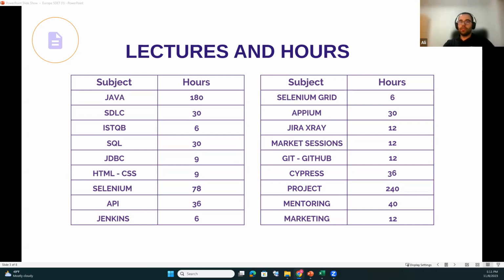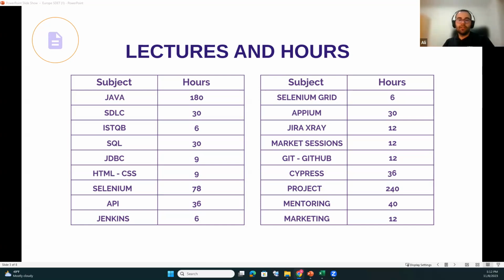And then to give more information about the project, as I said, you're going to have mentoring sessions. You're going to have your personal mentor for your group. The mentor is going to be with you almost always. You're going to have meetings with your mentor whenever you're stuck. You're going to talk to your mentor whenever you have some questions, and he or she will find the solutions, so you can solve all the problems that you have with your mentor.